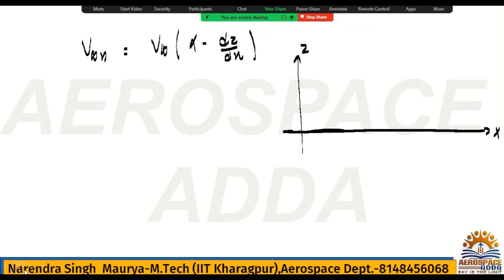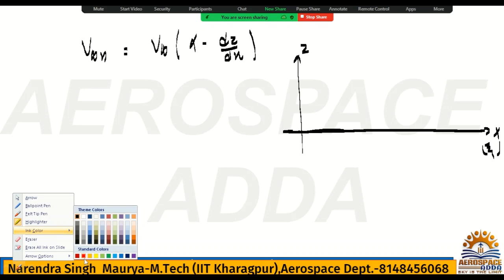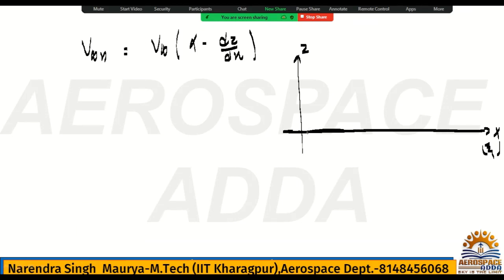So I can say the coordinate system will be, now this is z and x, and you can represent it by zeta, because now chord line and camber line both are coinciding, so I have denoted by another axis called zeta or xi. Okay, so here you can show the vortex sheet now. So the vortex sheet will be like,